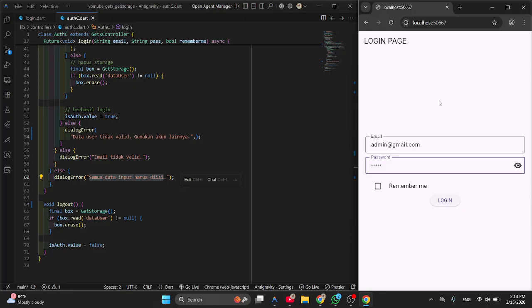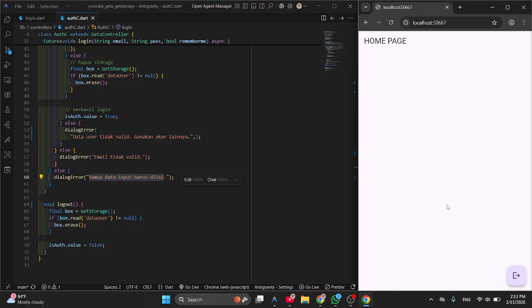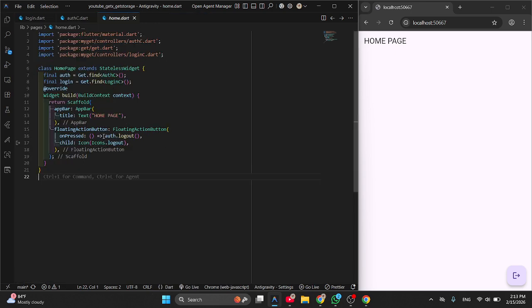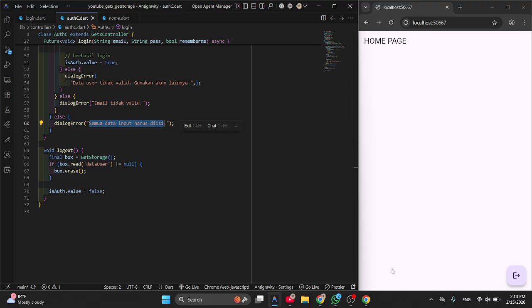So for example, you must remember I do not check the remember me button when I log in. Okay, running. So if I am at home and I want to log out, if I press logout, the logout function will be running here. But I want to check what happens if I refresh the browser.